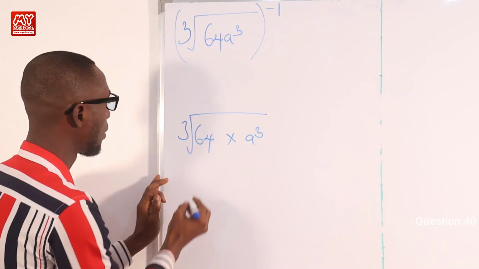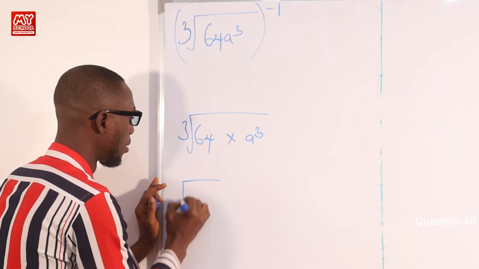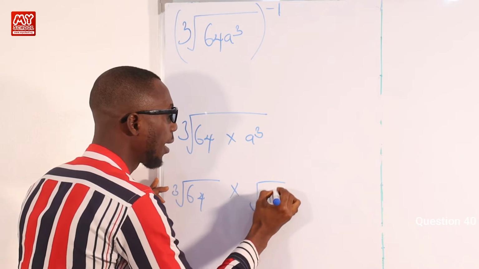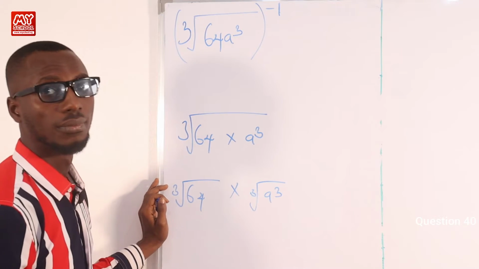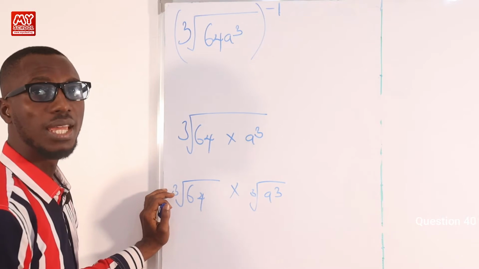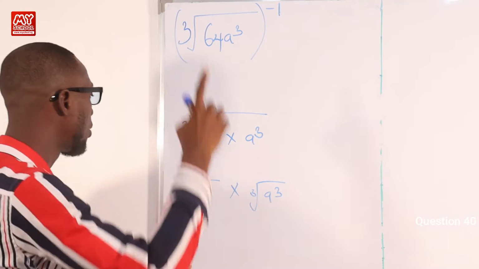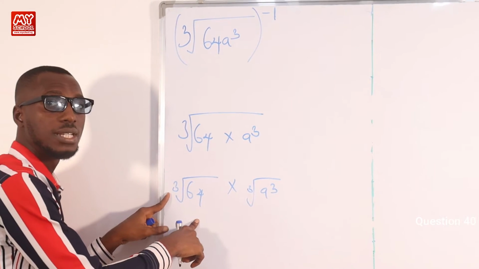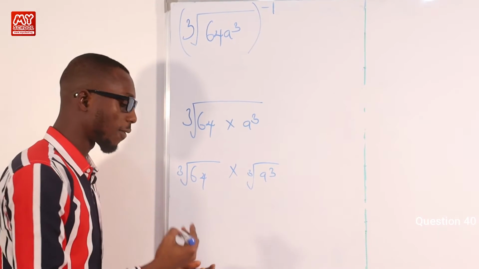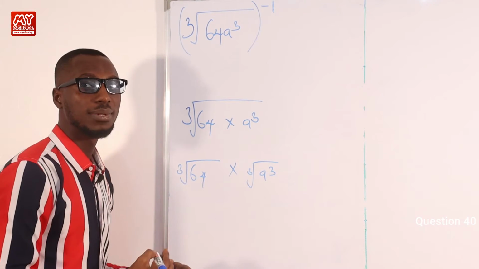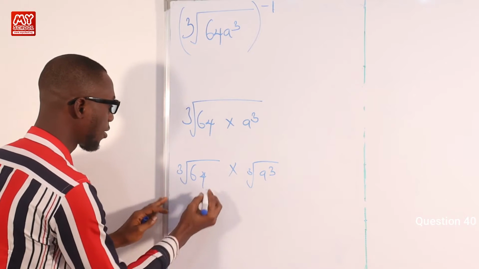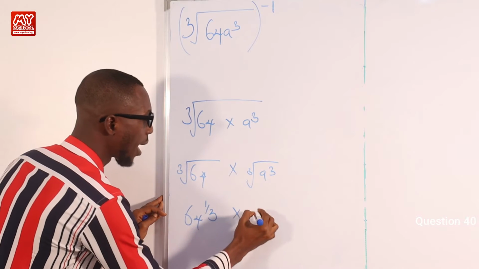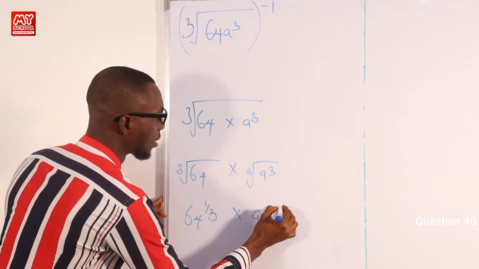This still means the cube root of 64 times the cube root of a raised to power 3, isn't it? And the cube root means raised to the power of 1 over 3. So the cube root of 64 is 4. How do I know? 4 times 4 is 16, 16 times 4 is 64. So we have 64 raised to power 1 over 3 times a raised to power 3 times